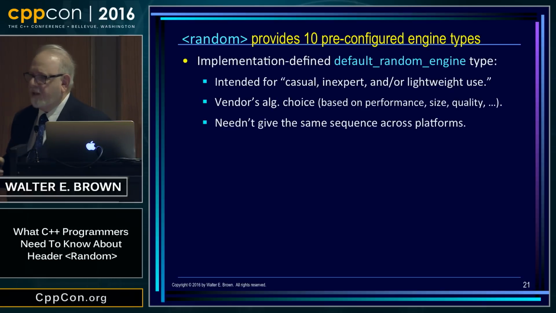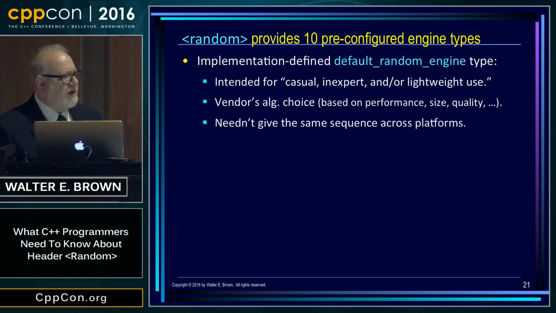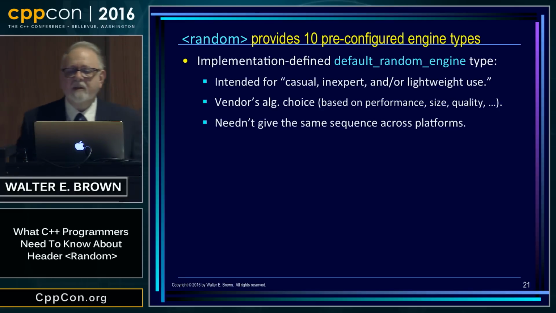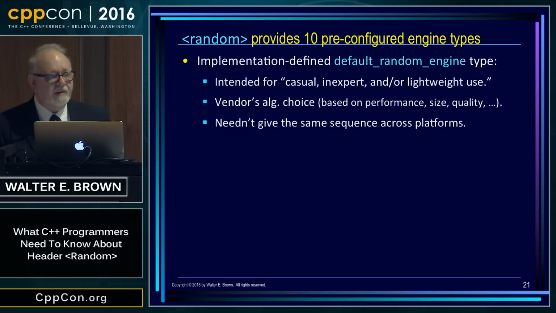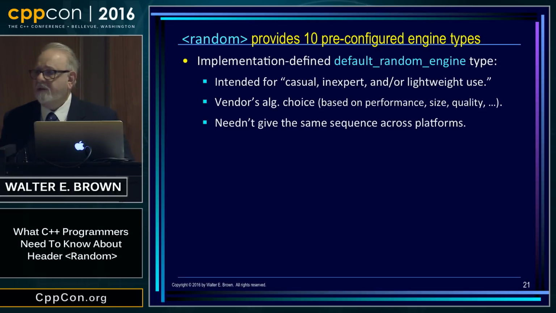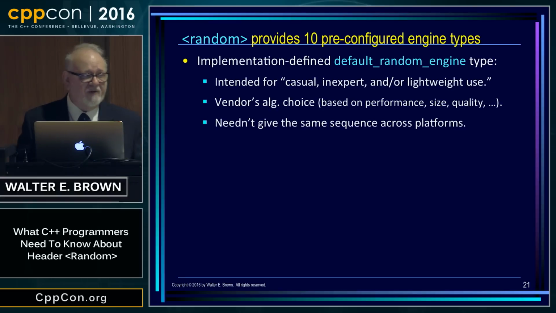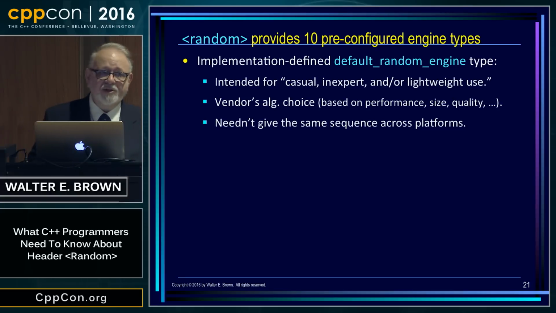Now, let's explore a little bit in more depth. There are 10 pre-configured engine types that you can choose from. I'm going to pick first on the default random engine. It is special in a couple of ways. It is intended, and you can read the quote yourself, for casual, inexpert, or lightweight use. You don't know what algorithm it uses. It's deliberately specified that way. Your vendor gets to choose the algorithm. As a result,